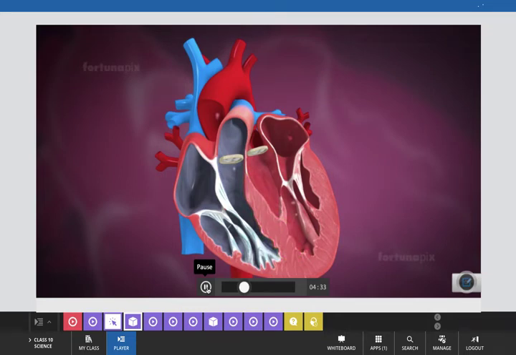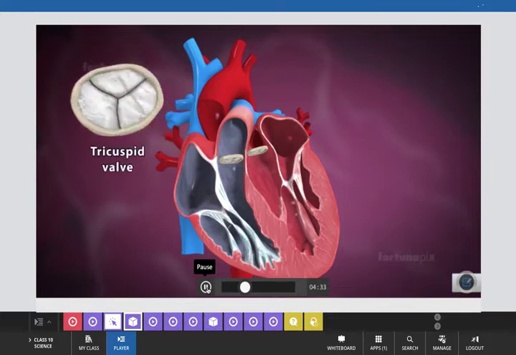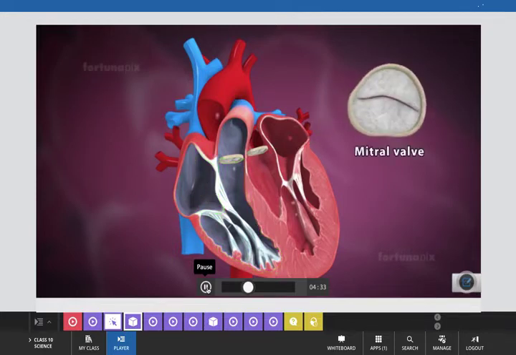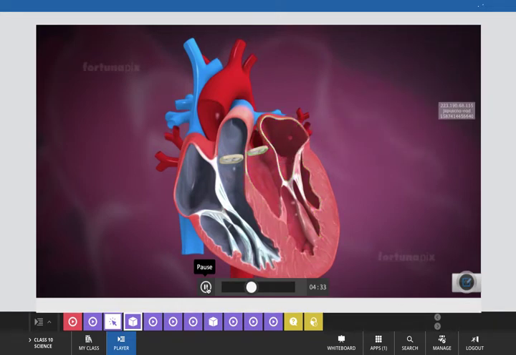There are 4 valves in the heart. The tricuspid valve or right atrioventricular valve is between the right atrium and the right ventricle. The mitral valve, also known as the bicuspid valve or left atrioventricular valve, is between the left atrium and the left ventricle. These 2 valves are attached to the chordae tendineae, which anchor the valves to the papillary muscles in